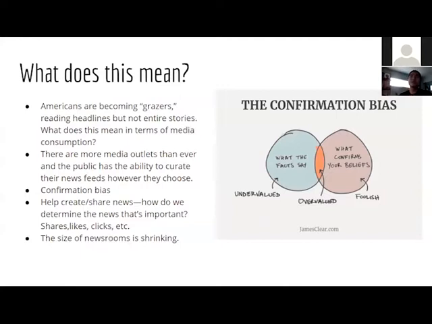What that means is you only follow news and facts and information that support what you believe, right? Let's say you believe that global warming is fake and climate change isn't real. So you go out there and you only follow newspapers and articles and celebrities that believe the same thing.